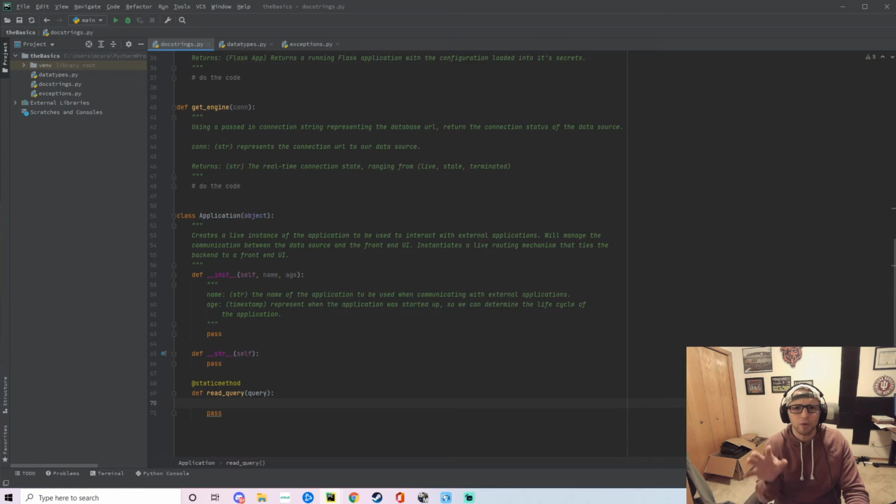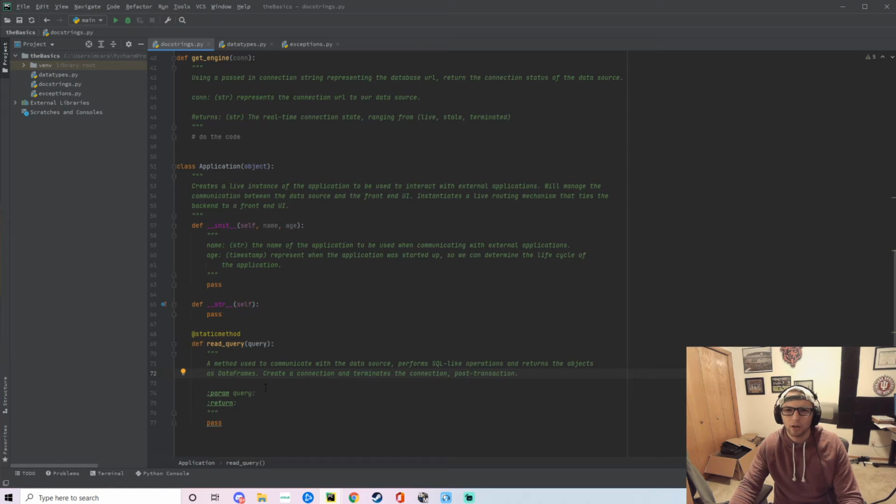I haven't showed this off yet, but there's a really, really cool feature inside of PyCharm where if I just do the triple quotes like this and then I hit enter, it auto populates. So this is really, really cool. The way I was doing it before is I just had the triple quotes before I actually did all the classes and stuff, so I wasn't able to do the magic behind the scenes.